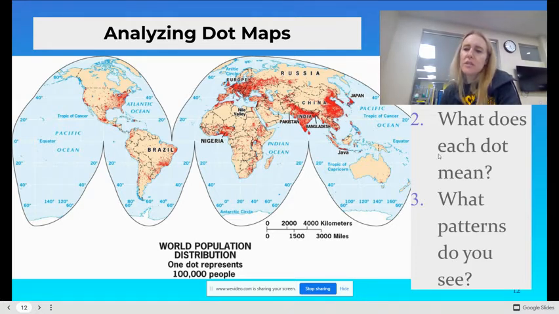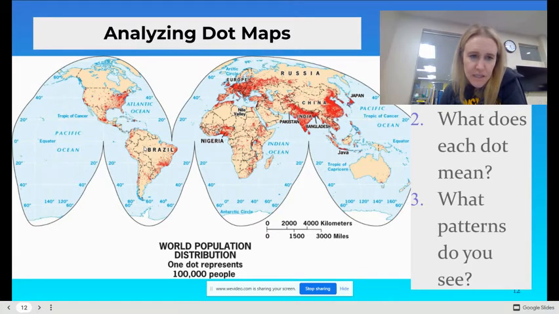And then our second question says, what does each dot mean? So the dot on this map, you'll oftentimes see 1 dot equals, or 1 dot represents 100,000 people. So in this case, every time that you see a red dot, that is representing 100,000 people. Now, we see